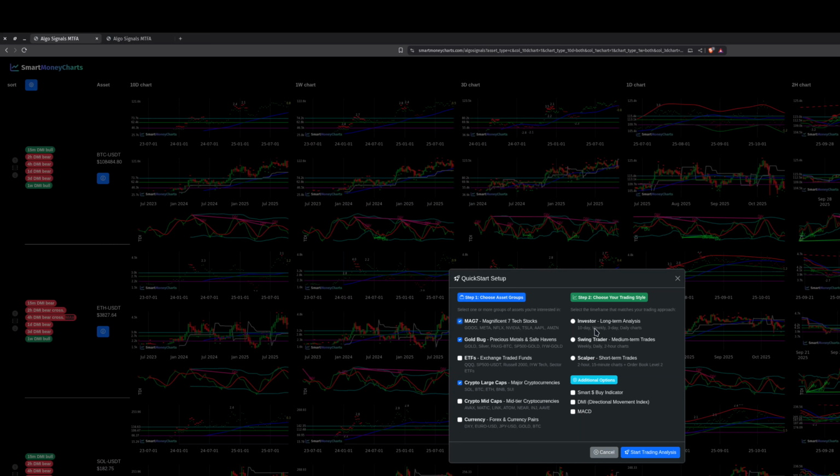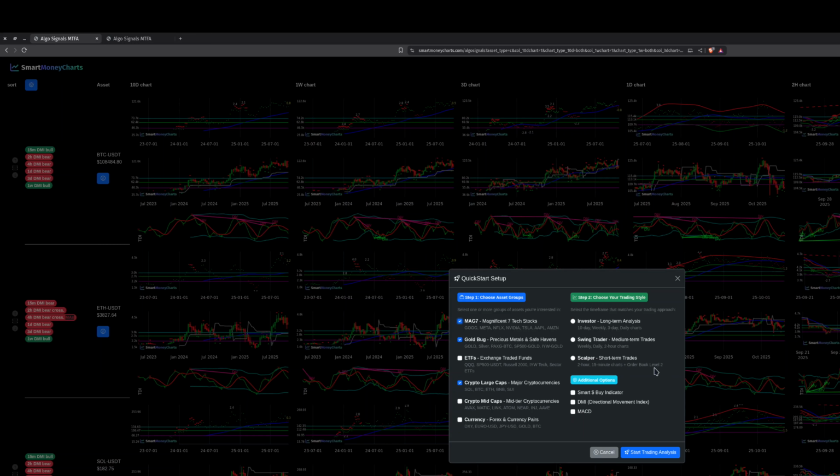The investor being for a 10-day, a weekly, a 3-day, and a daily chart. It's pretty good for an investor. A swing trader would be a little more fine-grained. He'd be looking at the weekly, the daily, and the 2-hour charts, maybe even the 1 hour, maybe the 15-minute even. A scalper definitely, he might want to keep an eye on the weekly, and this app will let him. But he'll be able to zoom in and see maybe the 2-hour, the 1 hour, the 15-minute,